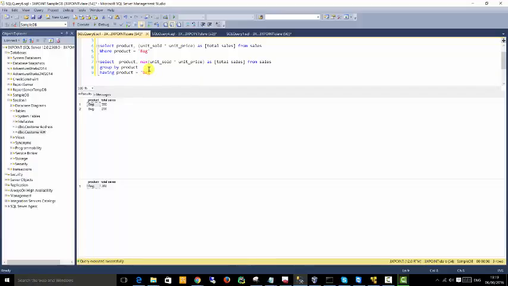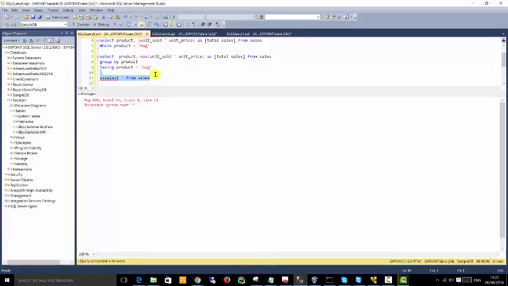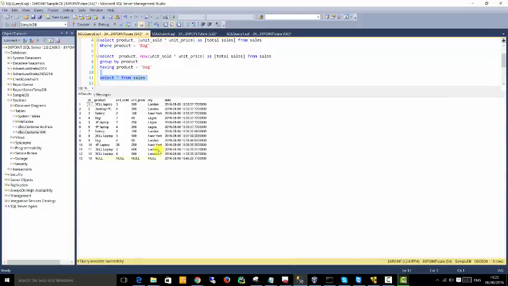Now, on the other side, you might start asking again, can we actually use the group by without a function? So yes, indeed, we can actually do that, and let's try that in action and see if we can use the group by without the aggregate function. So let's bring back everything from the table. Right. So let's now say we need